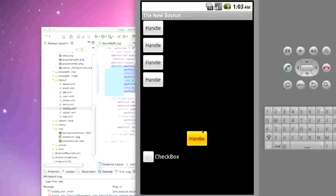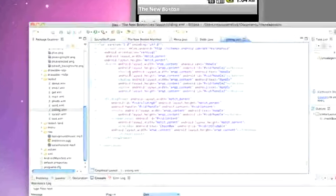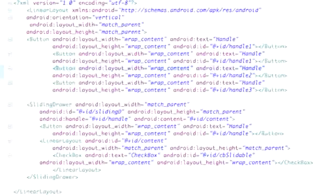and that's what this tutorial is going to be about, just so again you guys can be a little more customized in your application. We still want our handle to go all the way up, and we can achieve that by setting up a frame layout. So what we're going to do is we're actually going to cut this closing statement of our linear